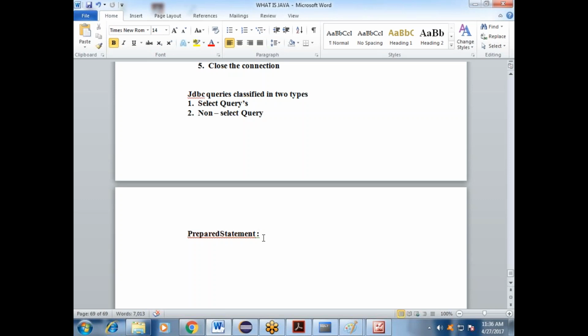The same thing happens here. Statement is also doing that, but Statement has a sub interface. They're giving some instruction: okay, we are doing the same work, both, but you have some extra feature if you learn from me. So PreparedStatement has the same features as Statement, but it has an extra feature.